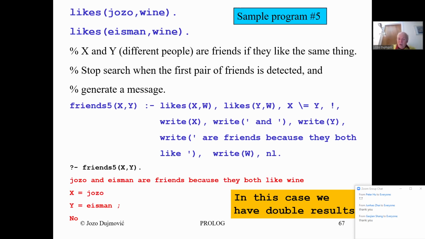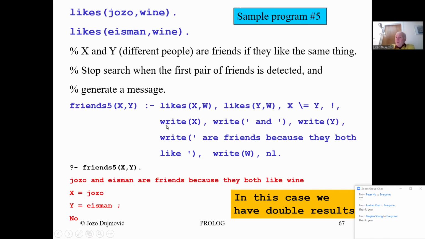Then I come and say, give me more friends. Put this semicolon. You see this semicolon here. So I want to continue the search. Where is the pointer? The pointer is here. What happens now? There is no other way to go, and PROLOG is backtracking. It is going back over this new line. This is a passive element, nothing happens. Going over new line, over right, over this right, over this right, over this right, over this right, and then it is hitting this